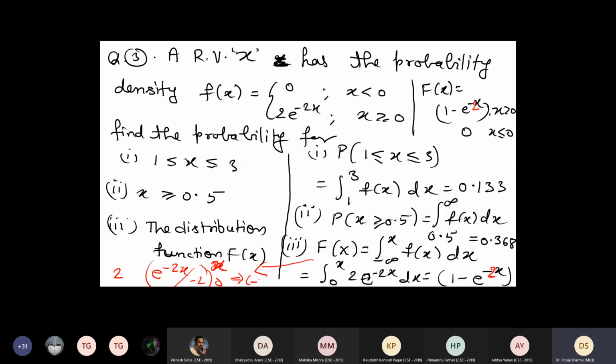In the final answer we obtained, for x greater than or equal to 0 it will be 1 minus e raised to minus x, because for x less than 0 it is 0, and for x greater than or equal to 0 we have this. This will remain the same in the continuous range, because in the integration you are using 0 to x, and if you use the other range, minus infinity to 0, there also you are using the value 0. So in the continuous range, it doesn't matter whether it is partially open or closed. Okay, that value will work.